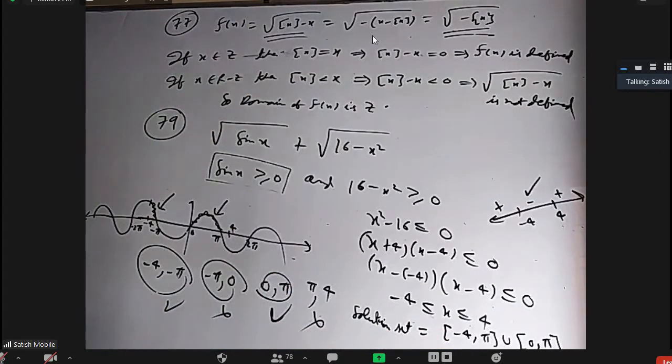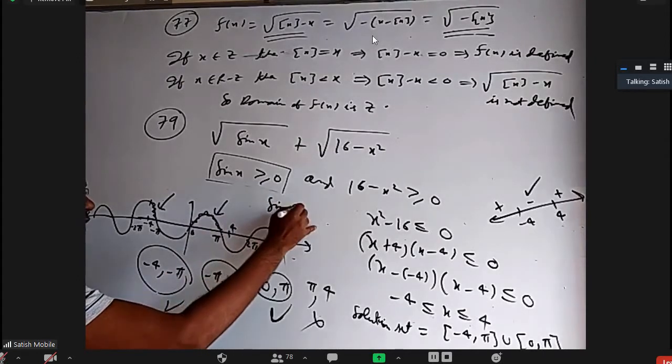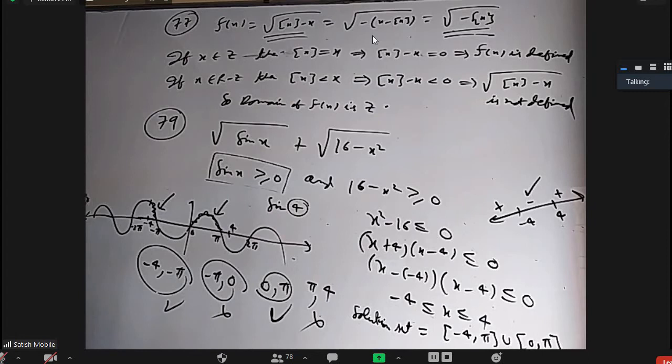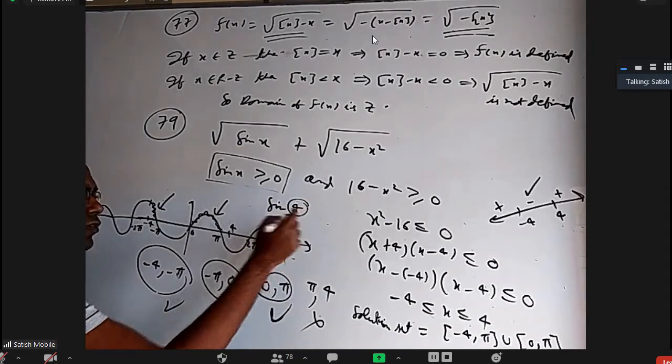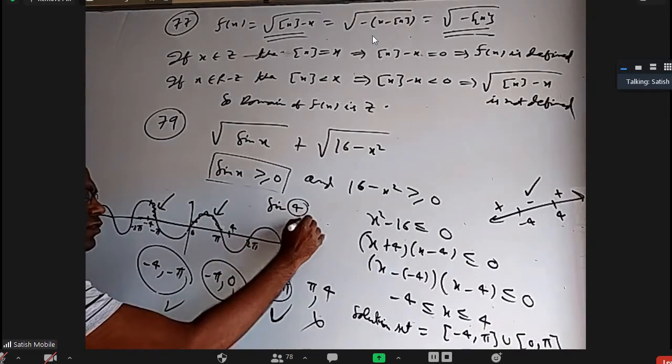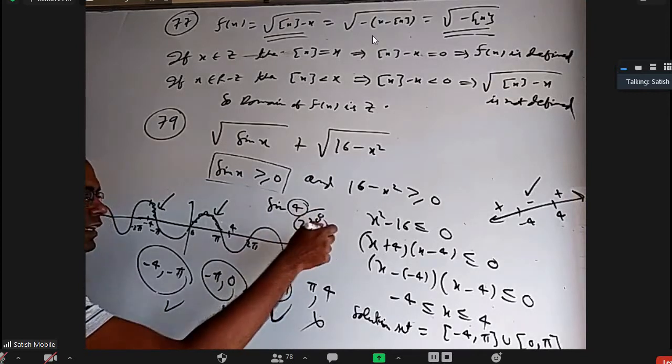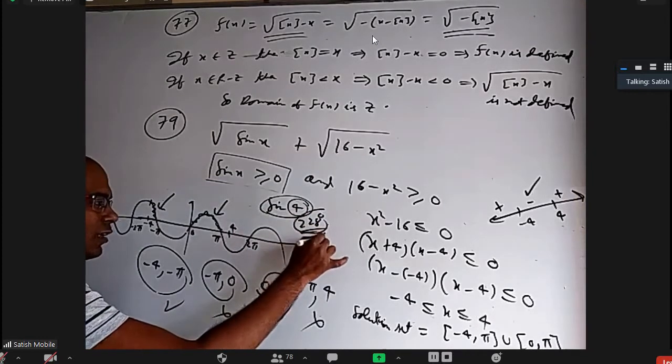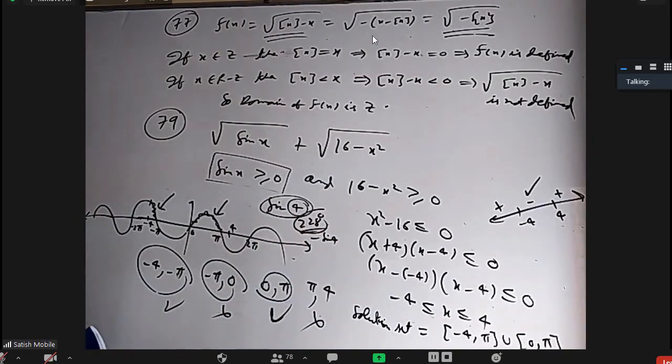If somebody has a doubt, please ask. Sir, if we keep minus 4, in sin we are getting negative. No, sin minus 4 is not negative, because sin 4 itself is negative. If you take sin 4, it is not 4 degrees, it is 4 radians. And 4 radians means, since 1 radian is around 57 degrees, 4 radians is around 228 degrees. They are crossing 180. So sin 4 is negative and sin minus 4 is positive. Yes, sir.